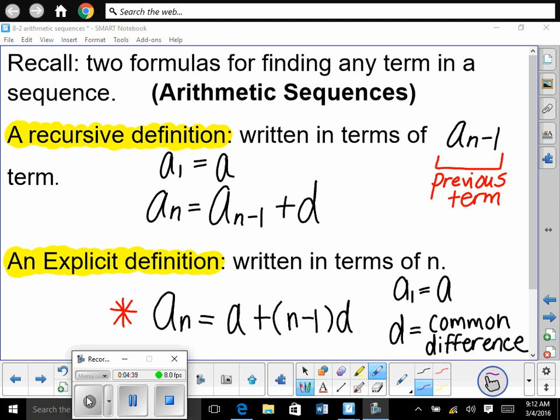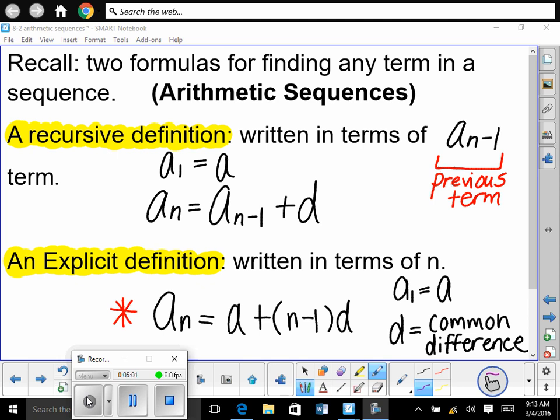With arithmetic. And then an explicit definition, remember explicit formulas are in terms of n, which stands for what term we're talking about, right? So, for example, n plus 1, right? Or n plus 3. What? We're about to get there. Okay, so for